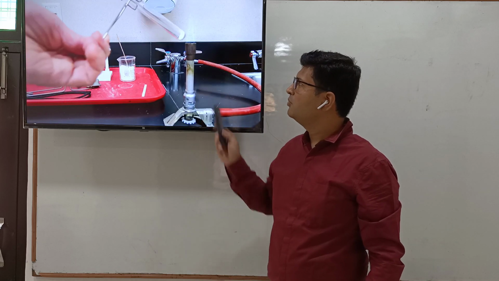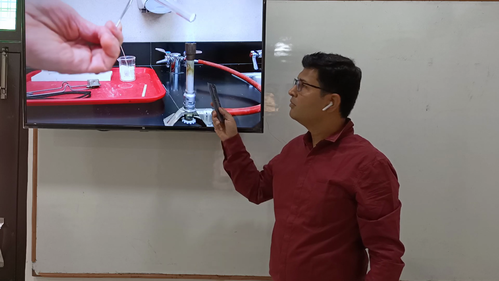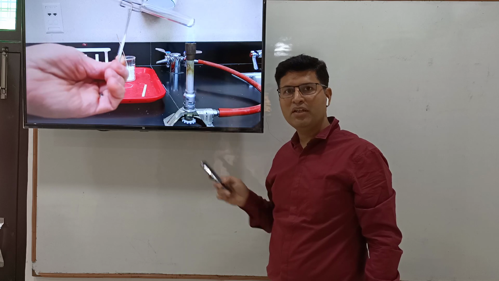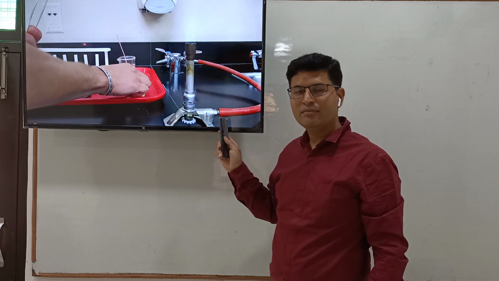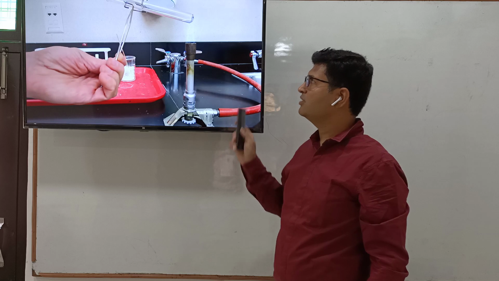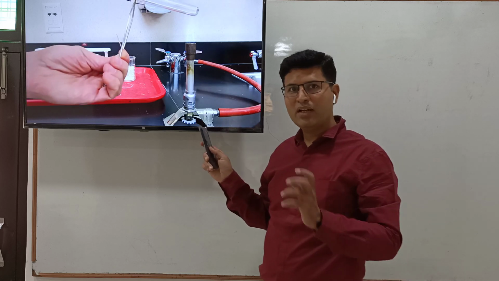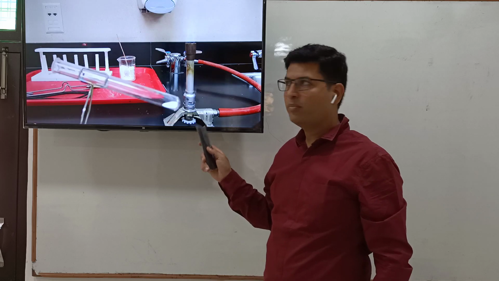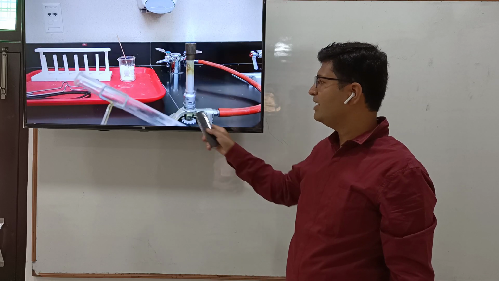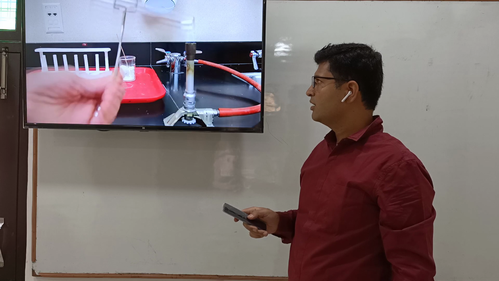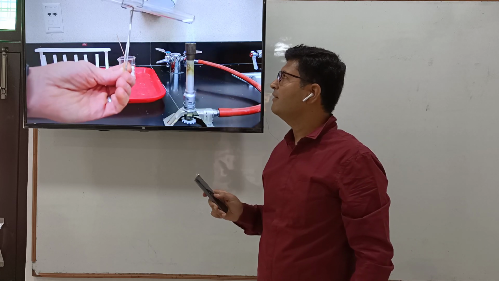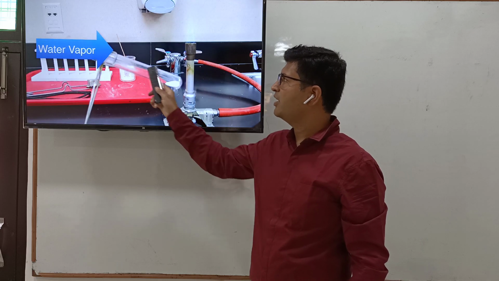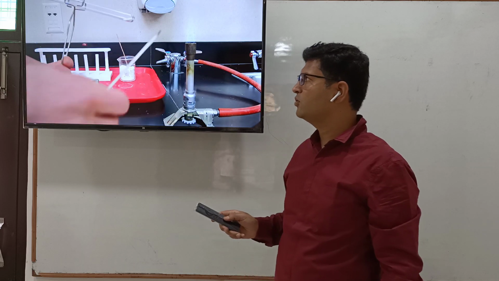As we heat the test tube, what do we observe? One thing must be clear: the test tube should be heated mildly. Do not heat constantly because it will burst. The test tube can break, so you have to burn it very carefully, son. Got my point? Now, as we continue heating, what will we observe? We will observe the water molecules are removed in the form of vapors towards the neck.